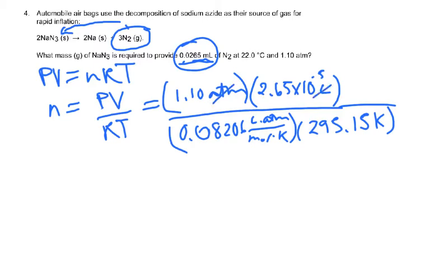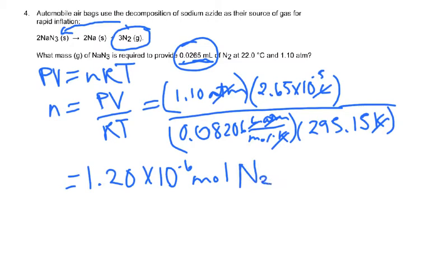So our atmospheres and liters cancel out, our kelvins cancel out. This is going to be probably a small number of moles, yep. 1.20 times 10 to the minus 6 moles of